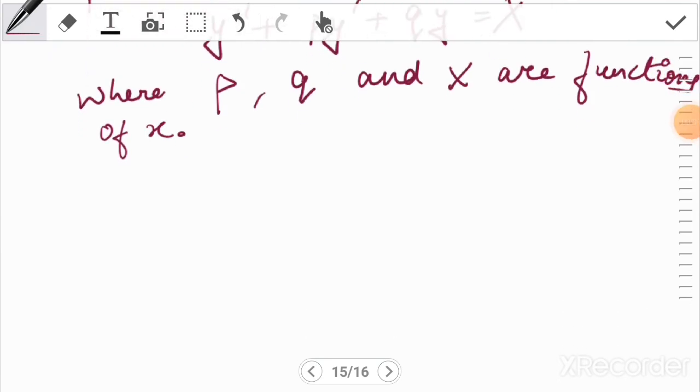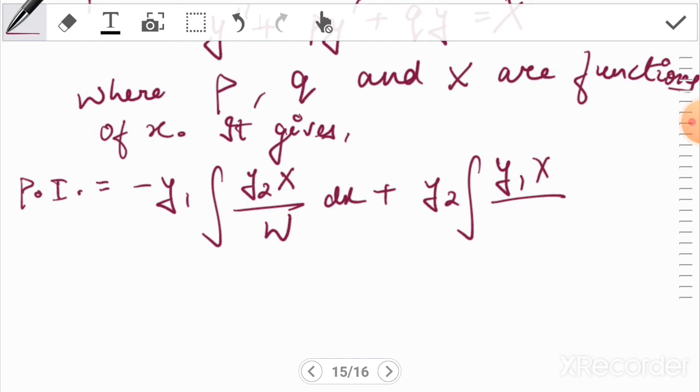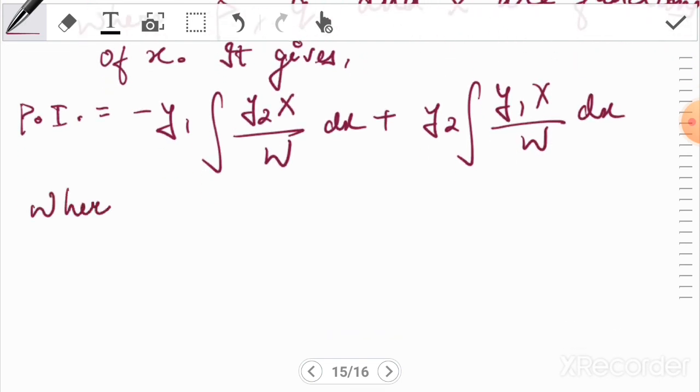Then it gives PI as minus y1 integral y2 X by w dx plus y2 integral y1 X by w dx,